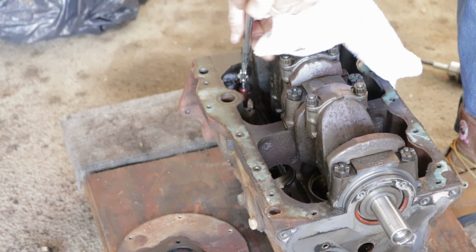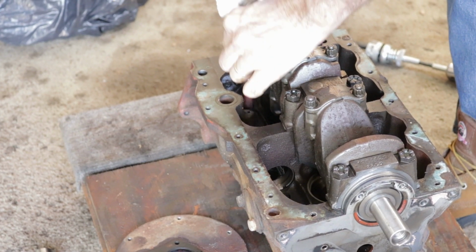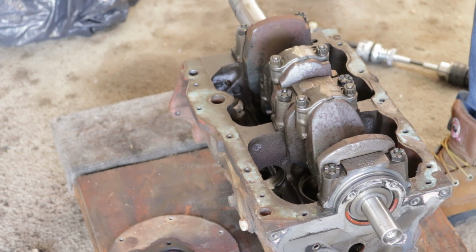I've got to tap them from the other side. They're just kind of stuck in the lifter hole. No, I'll get them later. But